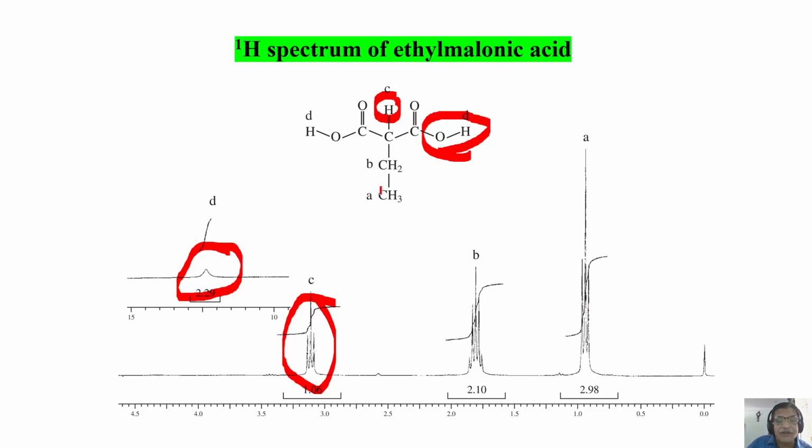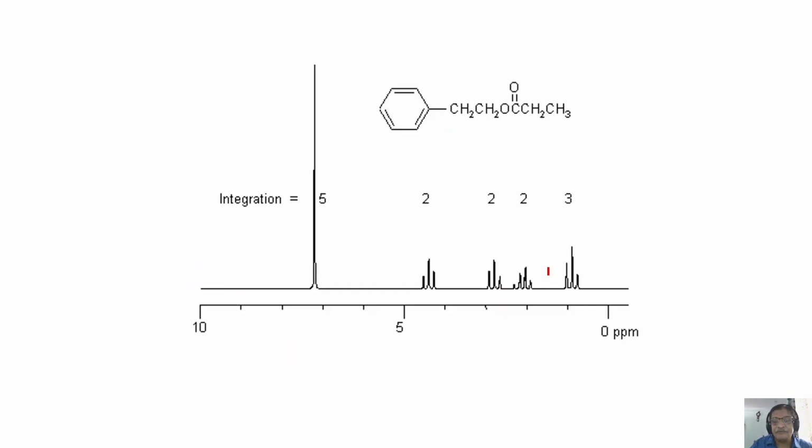So broad, and any splitting is generally not seen. Of course, here in this case, splitting possibility is also low, no problem. But if there is something attached to that, generally it is very difficult to see this splitting unless, as I said, special precautions are taken in the preparation of the sample, where you are going to see the splitting also. But this is safely assigned now. So all the 4 groups of protons are assigned. I hope you are getting the feel for how to analyze the spectrum, looking at the structure, looking at the multiplicity pattern, looking at where they come in chemical shifts, etc.